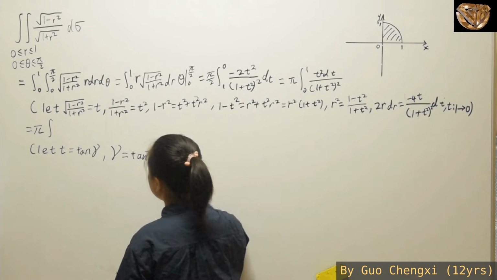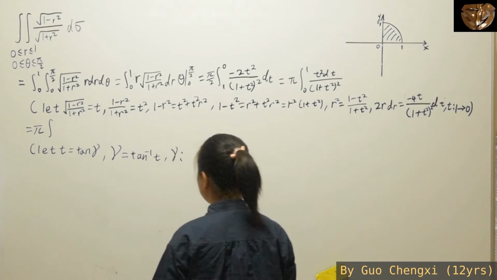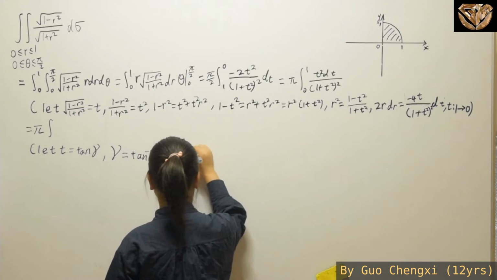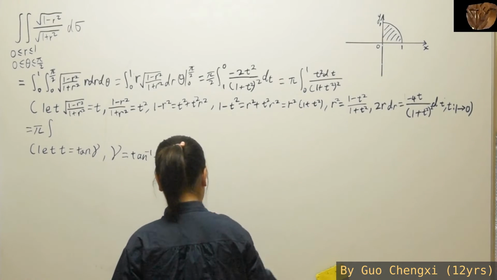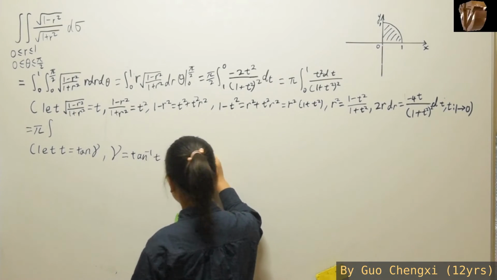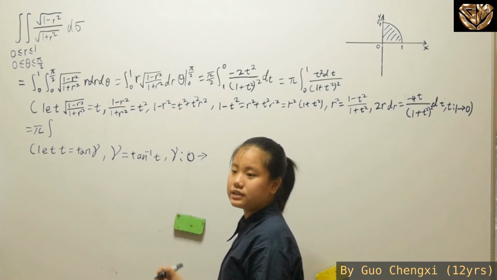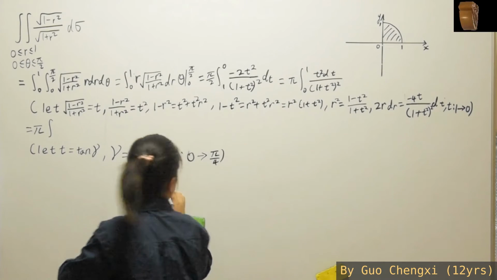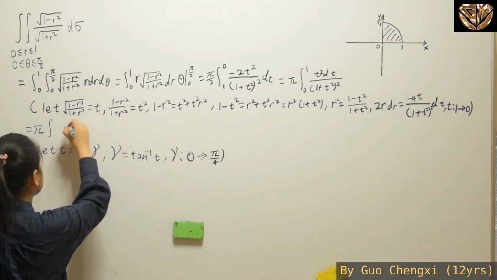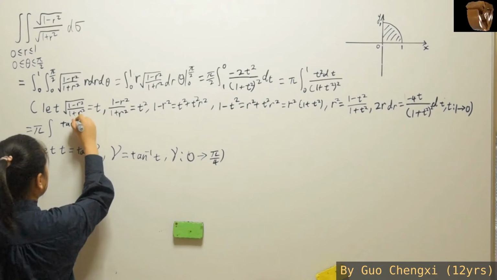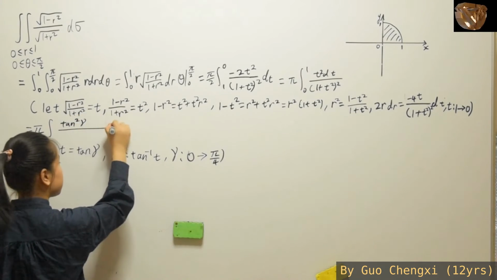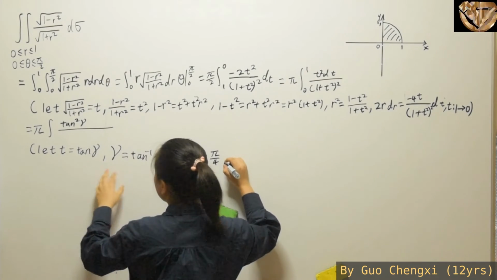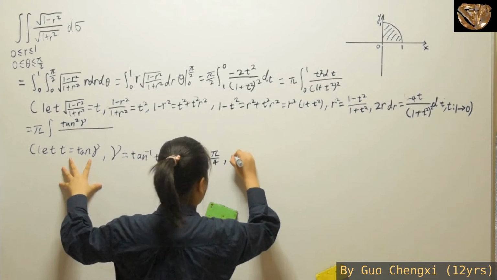Thus, the boundary will be, so when t is equals to 0, the gamma will be equals to 0. Then what about inverse tangent 1? Well, it is pi over 4. Thus, when we substitute this inside, what we are going to get is tangent square gamma. But wait, another part is you have to differentiate on both sides, which you are going to get